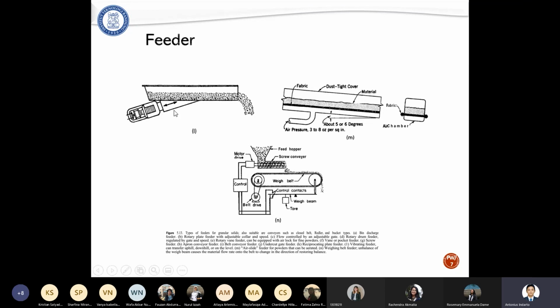When the slope is at a higher degree, the velocity will be higher as well, meaning more solid particles go to the storage. But if the slope is almost horizontal, the movement of the particles will be very slow. This is how the feeder controls the velocity of the solid particles.